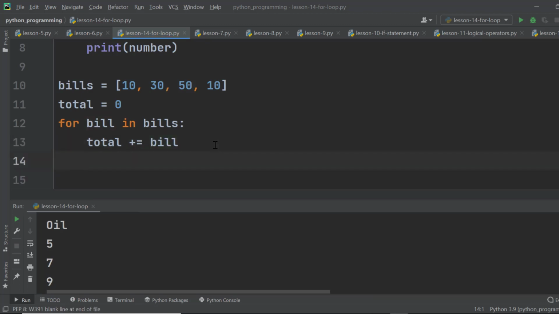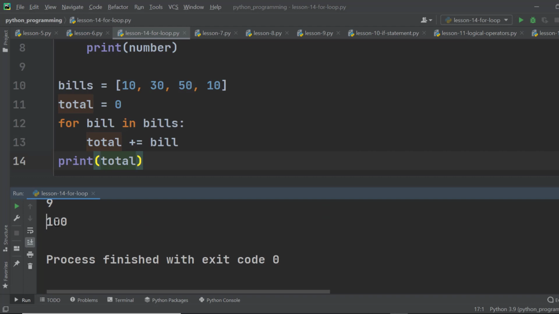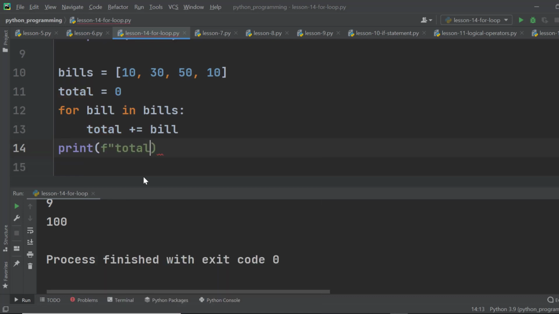Now exit from this loop and print total. Then run this program. We can see total is 100. So instead of just printing the value, let's use formatted string. I hope you remember that formatted string starts with F. Then we write whatever we want to write inside of the quotation. So this time I want to write